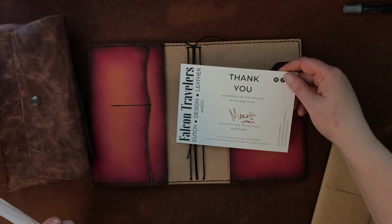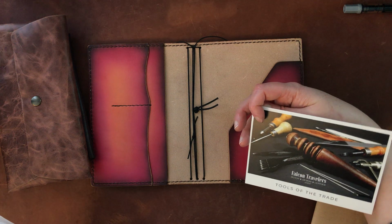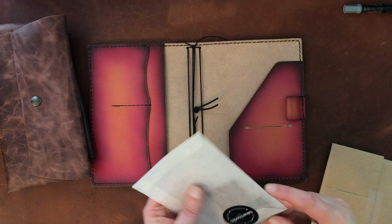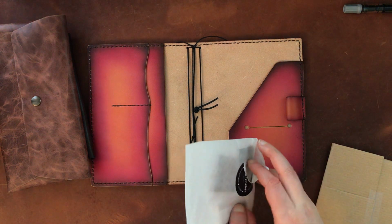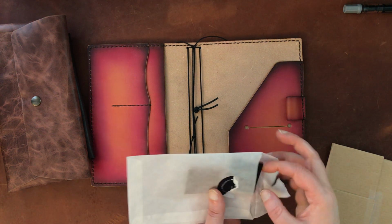And then let's see. Oh, this was the thank you card. I hope you enjoy your purchase. Yeah, she includes a lot of material related to her company. Oh, and I've gotten a couple of leather samples. That's what this is. I had forgotten about that as well,